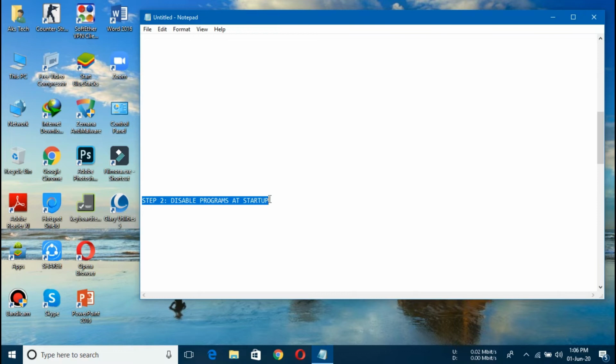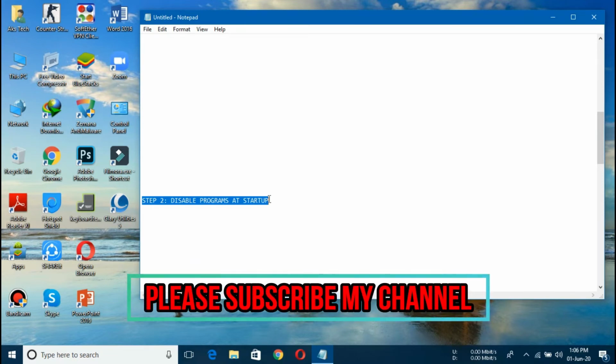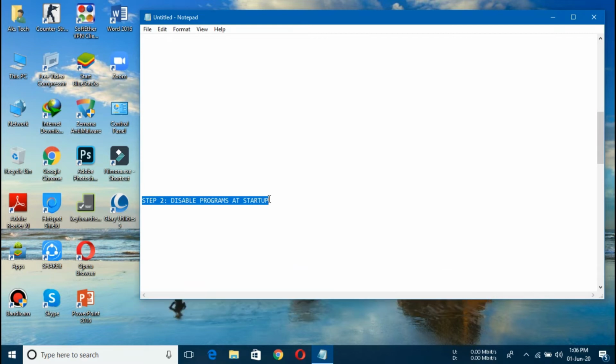That looks good on appearance, but the problem is that those programs make your Windows boot very slowly. And the second main disadvantage is that they preoccupy all your RAM and all your processes, due to which whenever you want to open a new program, your PC lags a little bit and takes a little time to open the new programs. So you must disable those programs at startup. How would you do it?